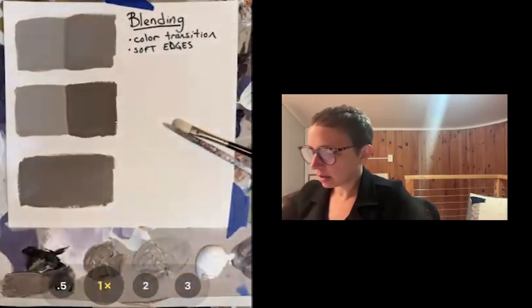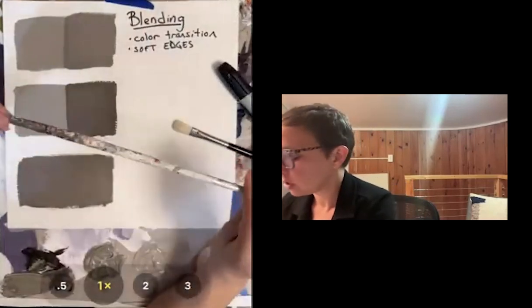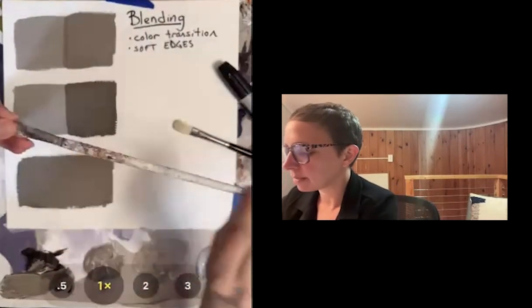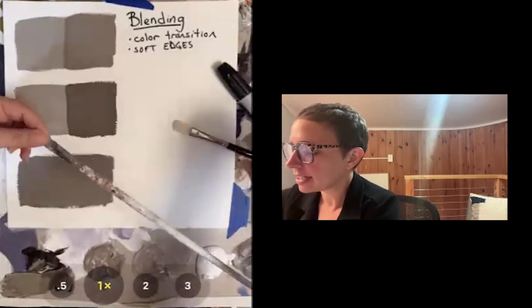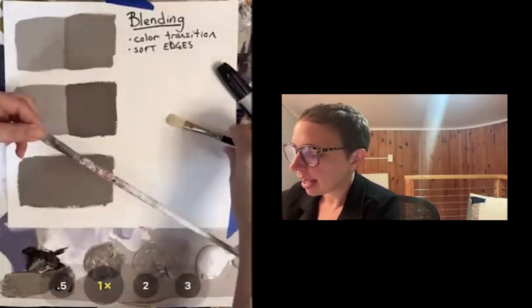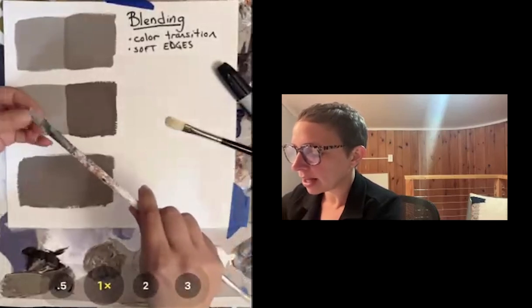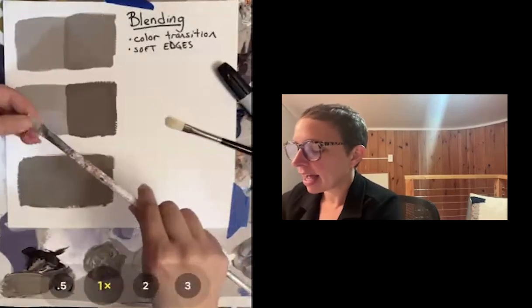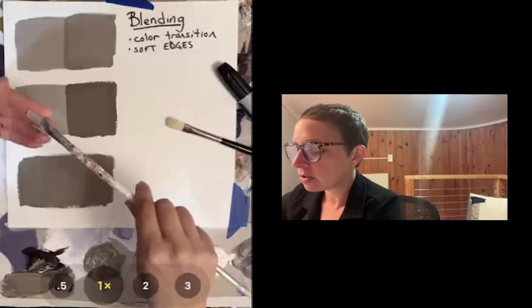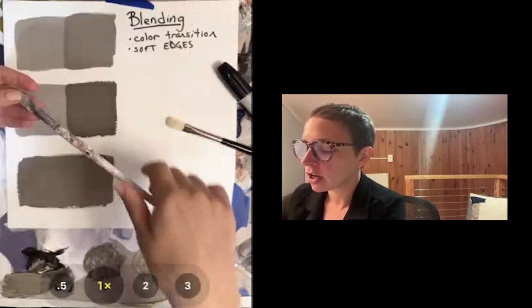Now, we're going to use a brush we haven't used before. I believe the one in your kit has a blue handle, but this is a synthetic brush. It's very different than your bristle brushes. It's much softer, so it doesn't push paint around as well. It mushes paint around, right? It blends paint. So what we use this one brush for is for creating color transitions and soft edges through